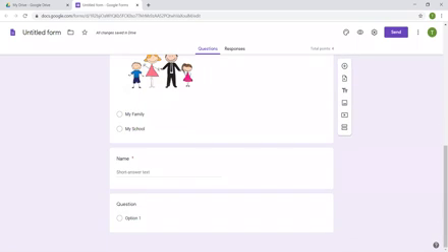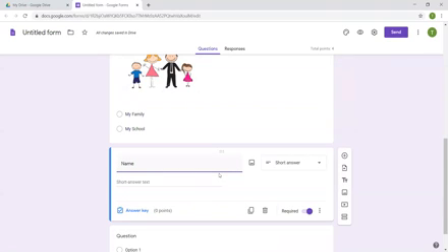Now I'll explain how images can be inserted. This was the second option, Import form. Title, if we want to give another title, we can add it. Next is the Add image section. You can get it from here, and when you place the cursor here you also get the image option. You can add an image from here.